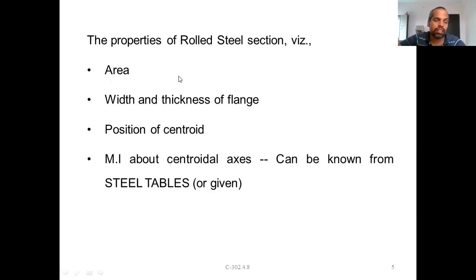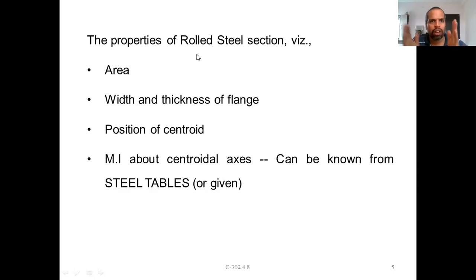Generally, I sections are all symmetrical sections, whatever rolled steel section we use. I sections are nothing but symmetrical sections. There will not be an unsymmetrical section directly available. If you want an unsymmetrical I section, you have to manufacture it using plates. That itself is a plate girder. Generally we use that type of section in plate girders.